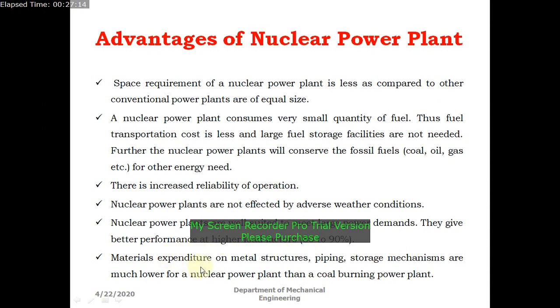Next, coming to the material expenditure, one thing is here they are operating at certainly low pressures when compared with a steam power plant. So obviously the turbine housing and other piping structures need much less thick equipment. Even if you take piping, the diameter can be reduced to some smaller value. So in that way, the expenditure can be lesser than a conventional coal based thermal power plant.